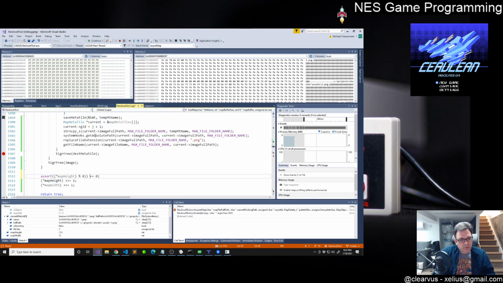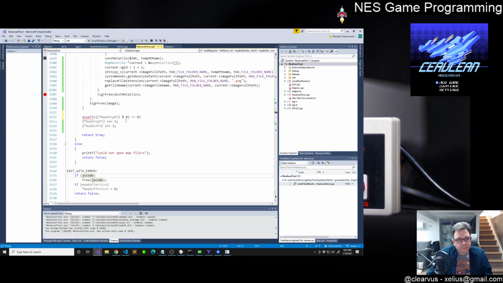No, I didn't add the right parens to the thing I wanted to add it to. Okay. So we can check and say, why aren't you assert? We can check to make sure it's divisible by 2. Oh, mod 0, that's not going to work. That should be a 2. Map height pointer divided by 2